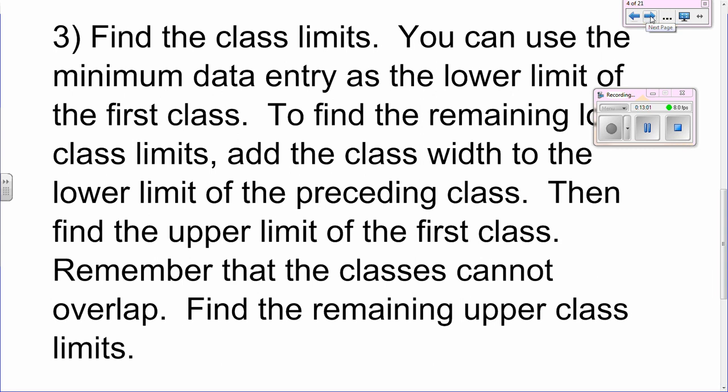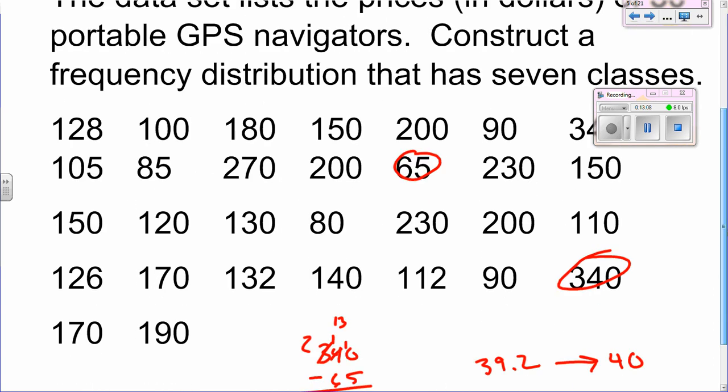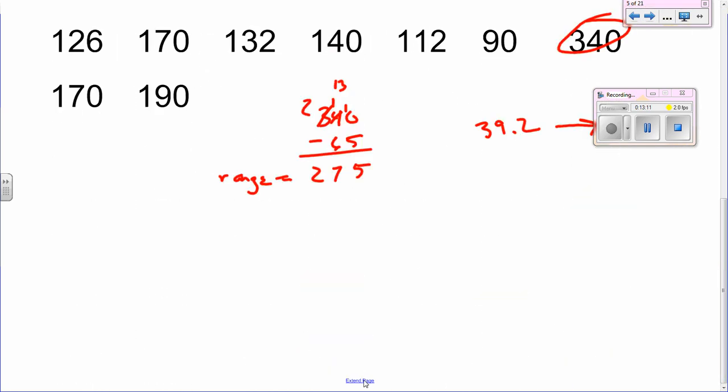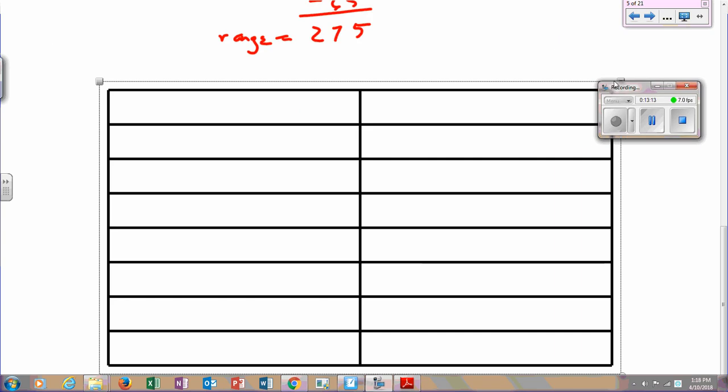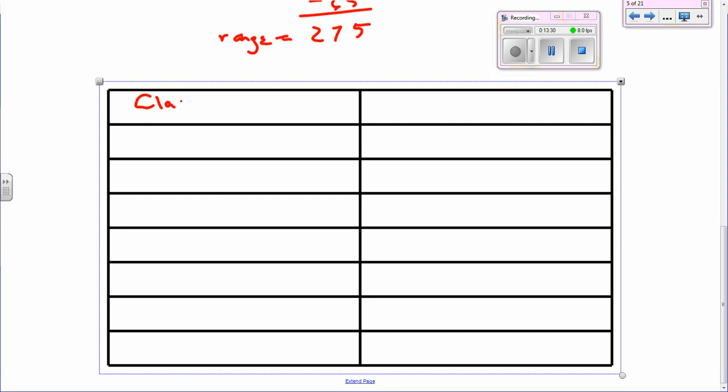I'm going to find the rest of my remaining lower class limits, and I'm going to create my chart. So I've created my chart or my table. Now I'm just going to find my classes, frequency,